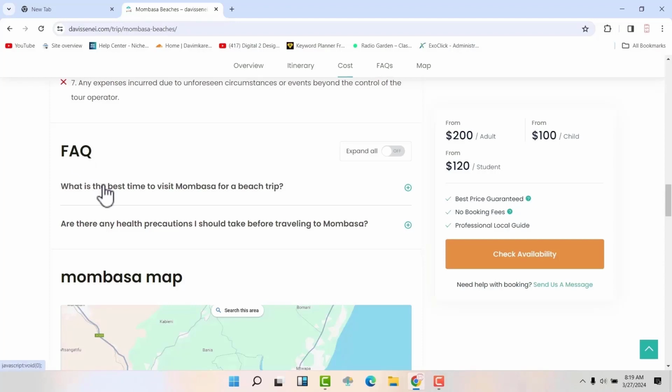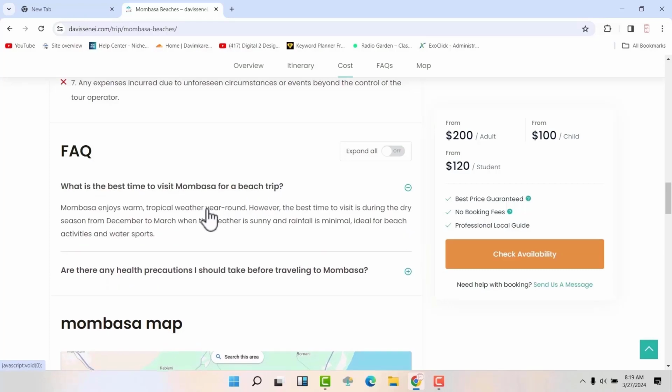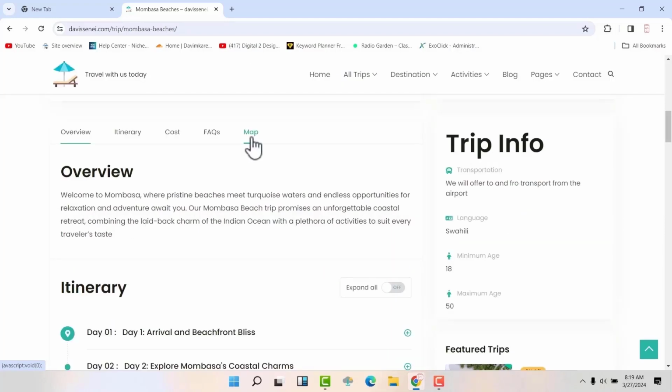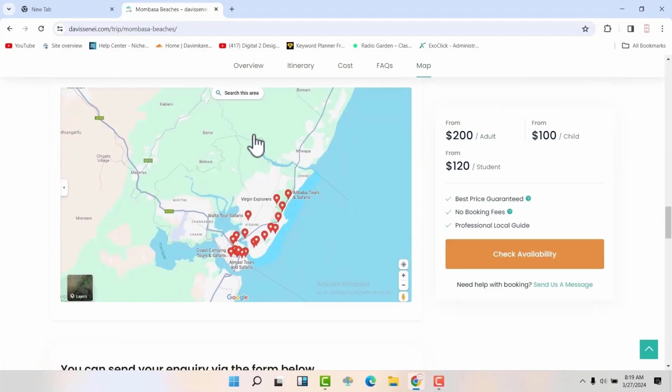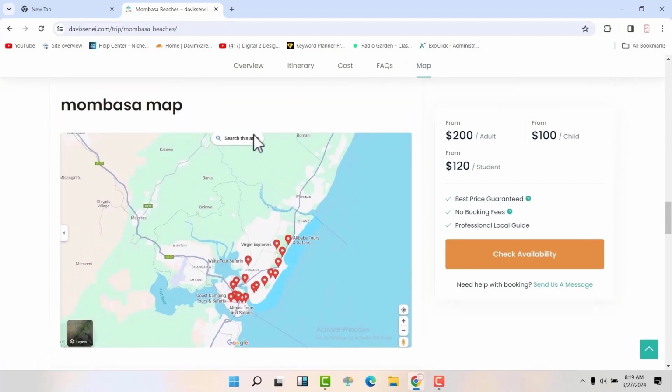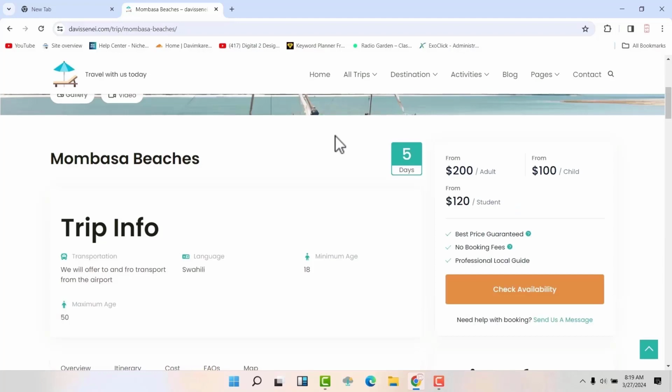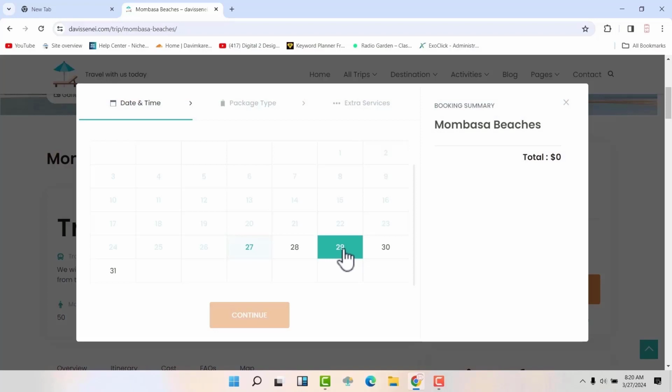So the questions and the answers. Now this will be happening for every individual trip because trips will be different. Then I'll have an option for a map, and this map will be showing me where that particular trip is. Now when I'm satisfied with this trip, I'm going to check its availability, and I can check from the calendar here. Then I can click on